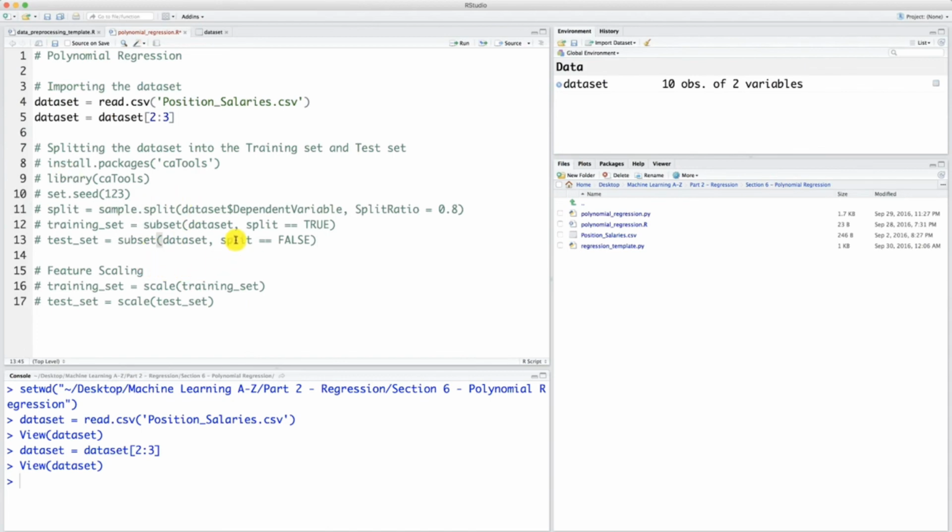Okay, so actually that's done. That was actually very simple. No need for training set or test set, no need for feature scaling, just some little changes in the data set here with the indexes, and we're all fine. We're ready to build our first nonlinear regression model, that is the polynomial regression model, and that's what we will be doing in the next tutorial. So I look forward to creating this bluffing detector with you, and until then,